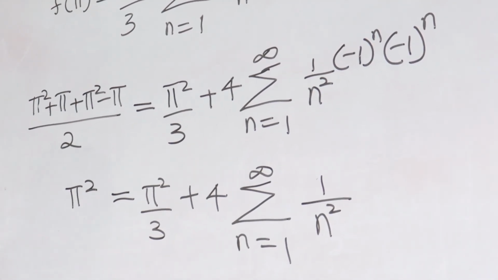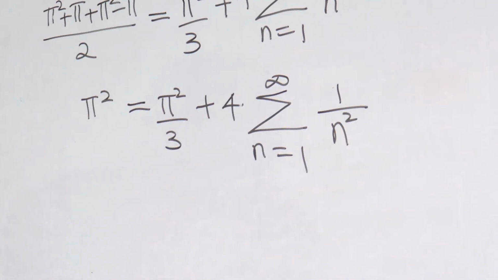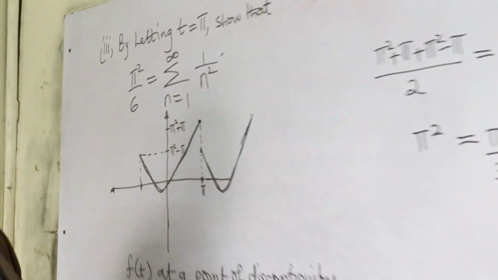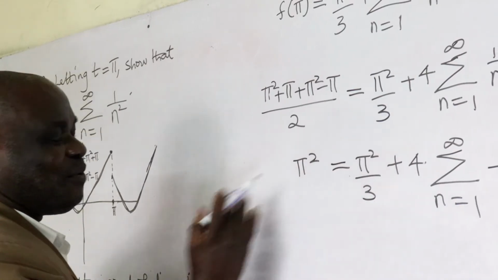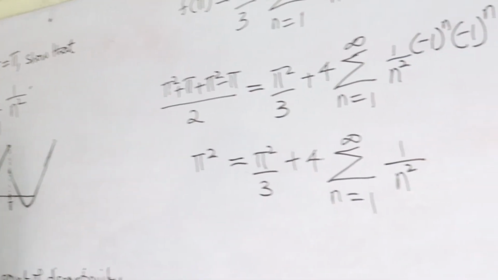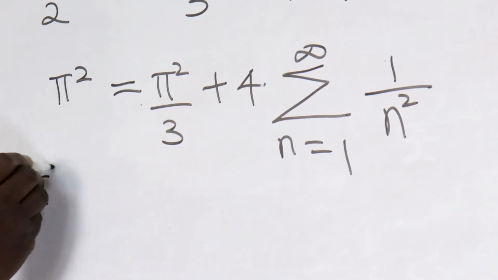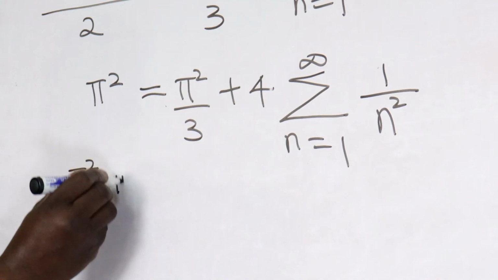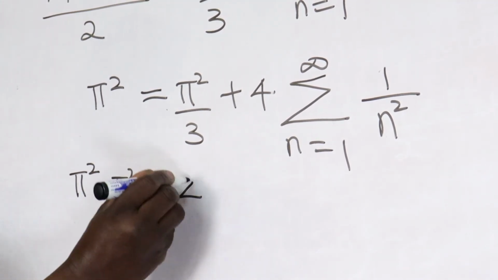Our main aim is to have this one left on that side, so that we can show that this one is actually equal to that. So everything from here up to there, we have to move to the left-hand side, and we are moving them mathematically. So this is pi squared. If we bring this one this way, we say minus pi squared all over 3 is equal to 4